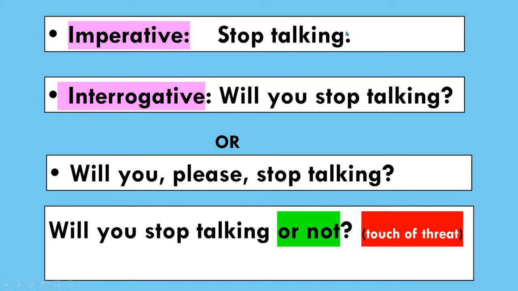So this one imperative sentence can be converted in these three ways. If you want to make a polite command, you can just convert it into interrogative simply. If you want to be more polite, you can use please before the v1. And if you want to give a threat, or you want to express anything with anger, at that time we have to add "or not" at the end. It shows a kind of threat, कि करेगा कि नहीं करेगा. So this shows anger.